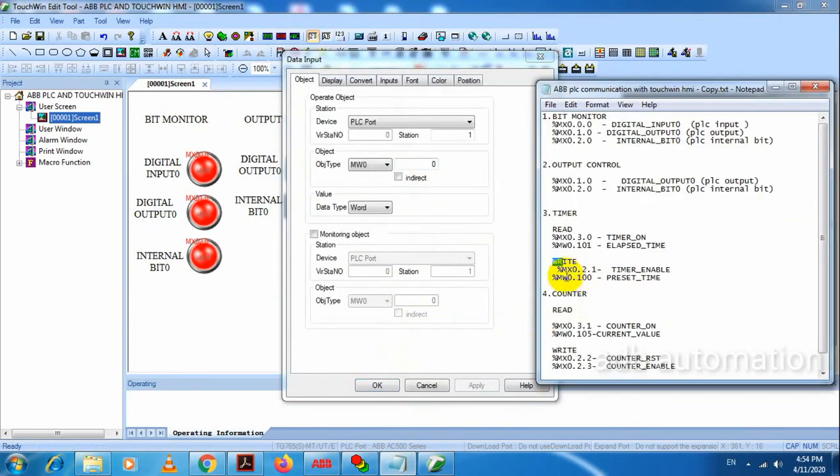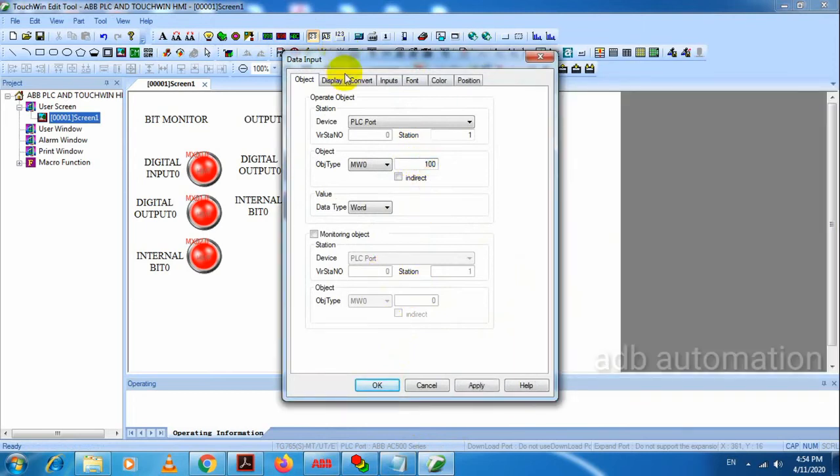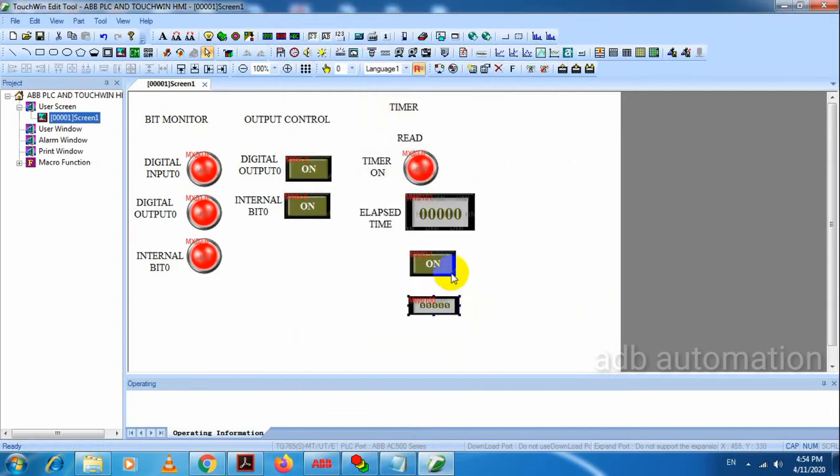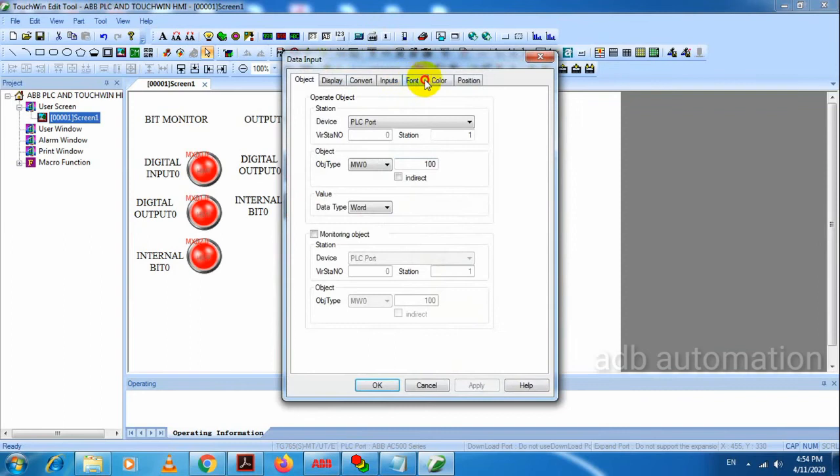Address is MW 0.100, so I'll enter the address value. And I will change the font.